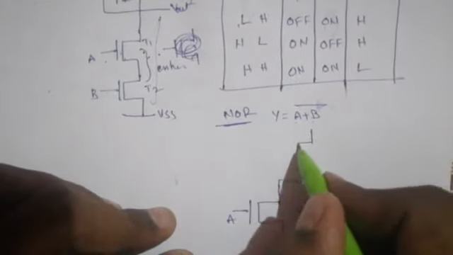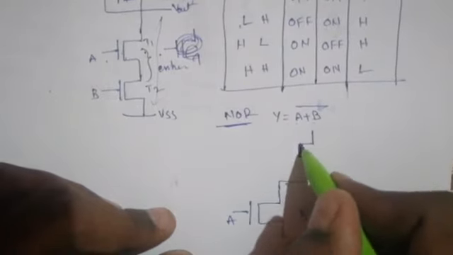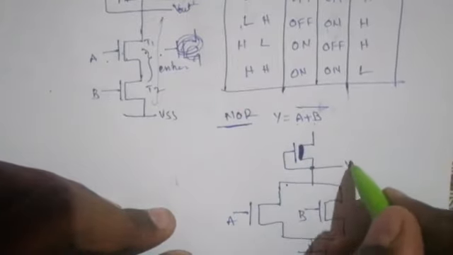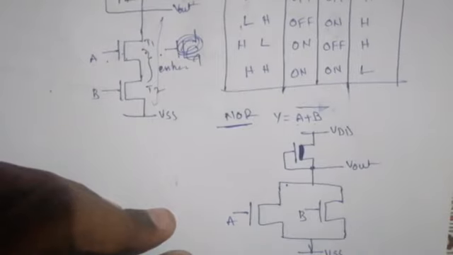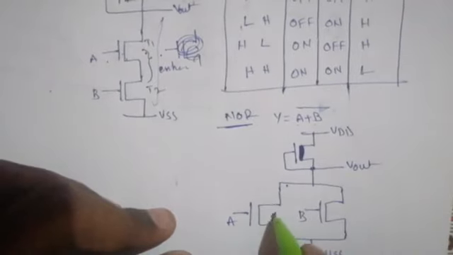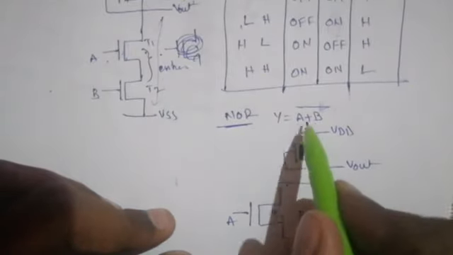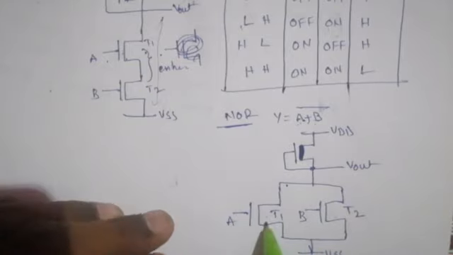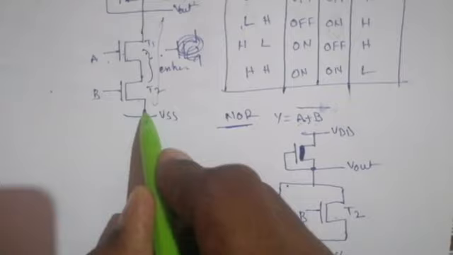In the above part you have to design a depletion mode MOSFET, so an inbuilt channel will be there. This is the output voltage. This one is VDD with respect to ground. So you can assign T1, T2. So in this A plus B, series terms get a parallel connection, and parallel product terms get a series connection.